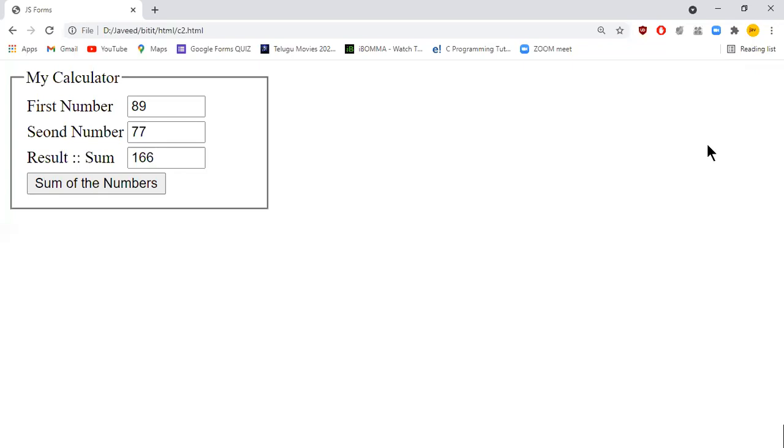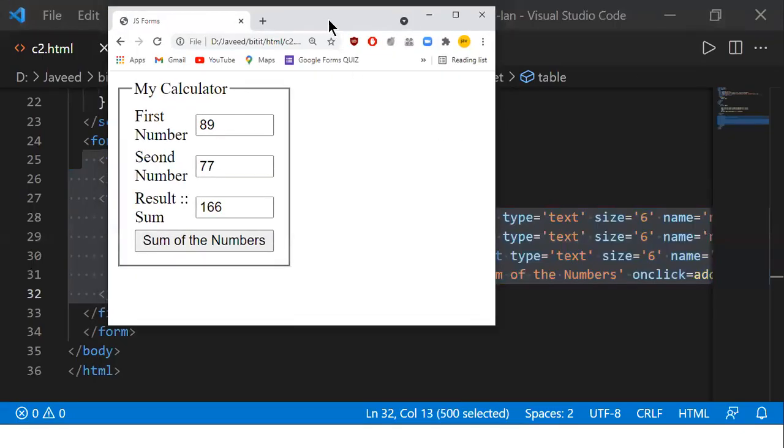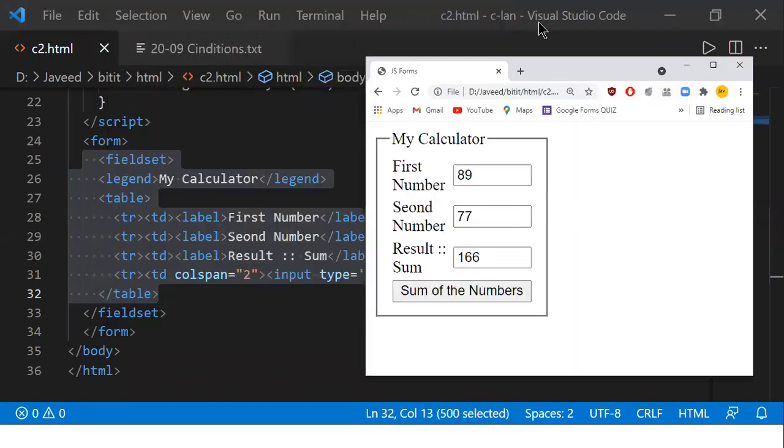I'll just change the size of my screen so that we can understand things much better.